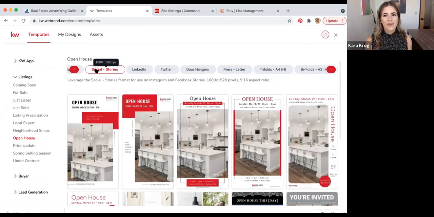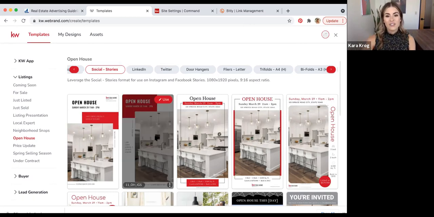One of the cool things about stories versus posts, I personally don't really utilize stories at all. However, when you post your open house or your listing in a story, you can see an entire list of all the people that have looked at that story. If you just post something on social media, you have no idea who saw it. Whereas if you post a story, it shows you every single person whose eyeballs were on it. So if you're not utilizing that, you definitely should be.